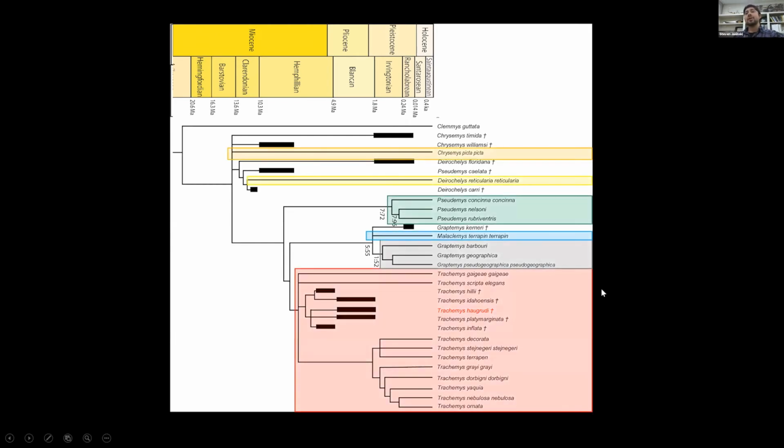And so, again, you're getting the modern genera showing up in these distinct zones and areas with various fossil taxa then present in between. It's also showing a lot of these fossil taxa, again, this being, whoop, lost my light,